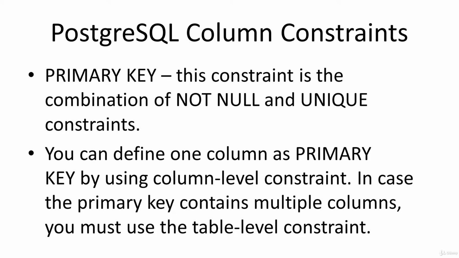So far we have not null, and that constraint is that the value of the column can't be null. We have unique, and that value of the column must be unique across the whole table. And then we have primary key, meaning this constraint is just a combination of not null and unique constraints. You can define one column as primary key by using a column level constraint. And then moving on, we also have